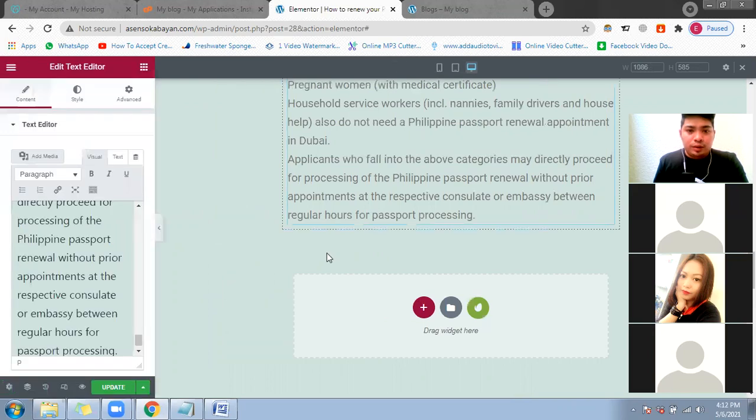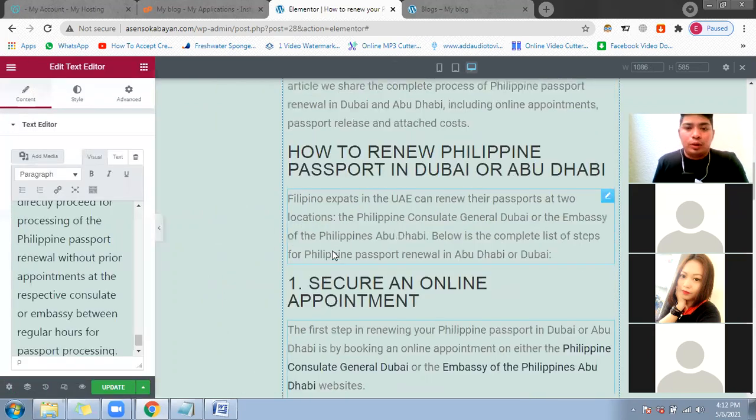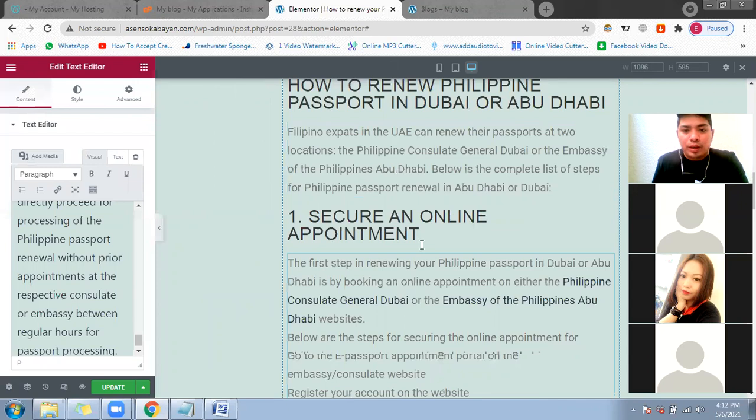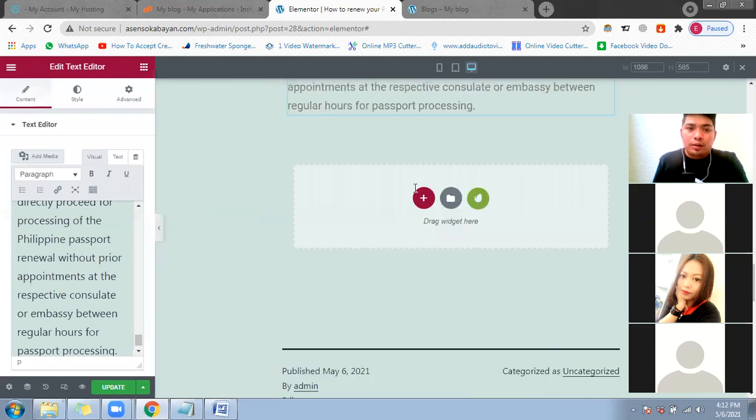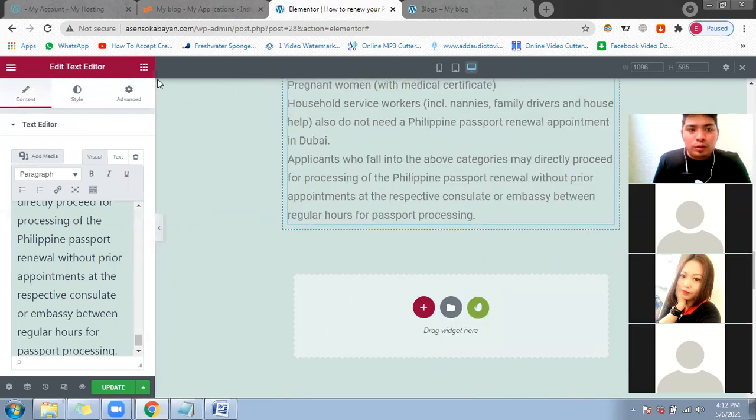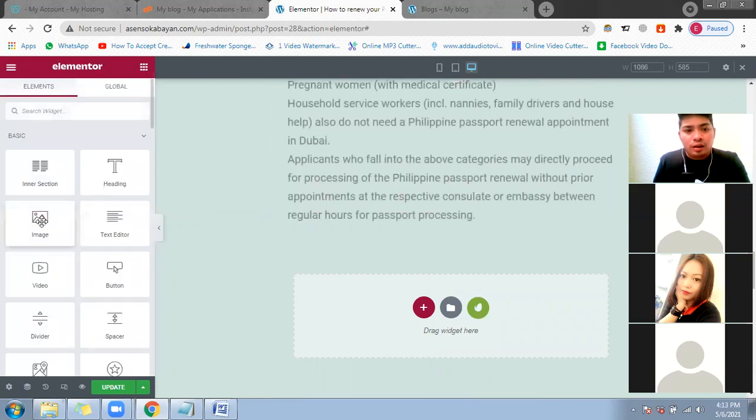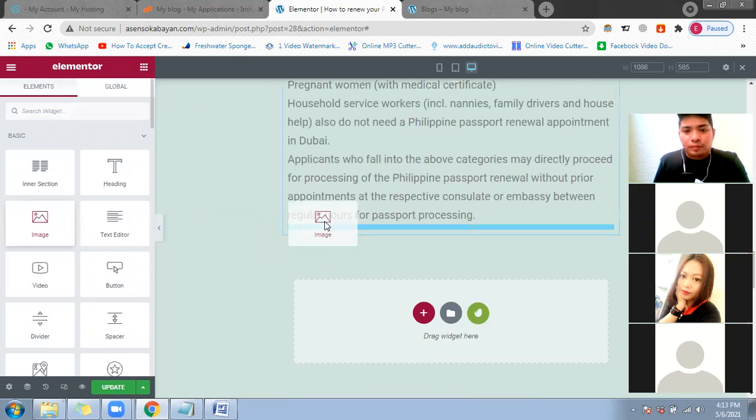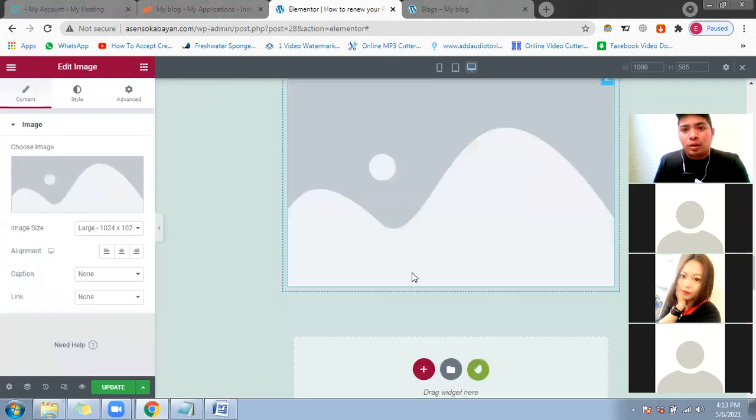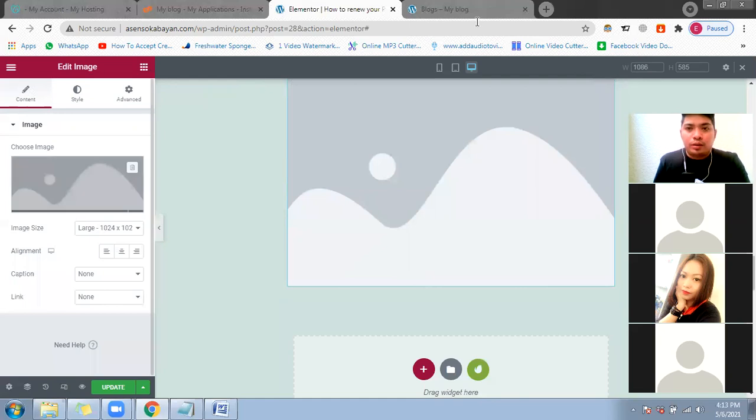So again, let's say for example, I want to add additional image dito sa pinakababa. Same thing, all you have to do is go to Elementor dito sa box na to, and then you can drag image. And then you can also try to upload another image if you want. So let's say for example,